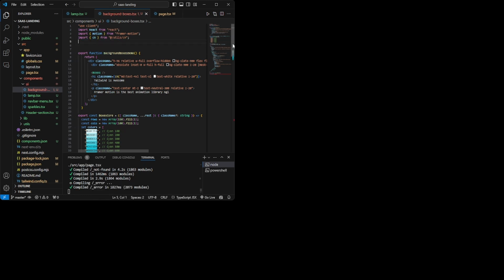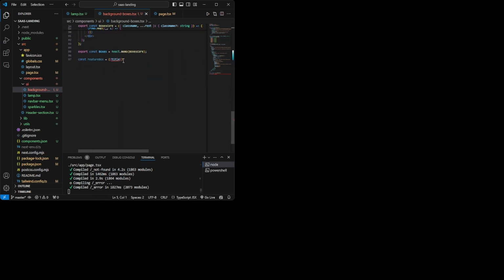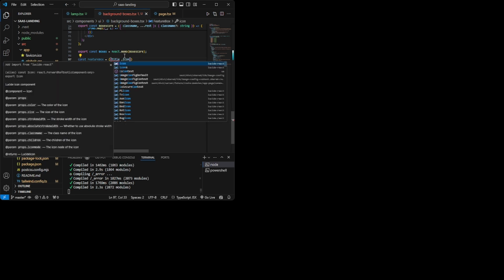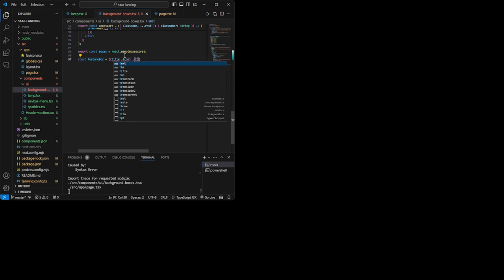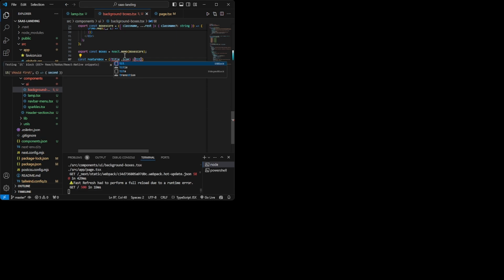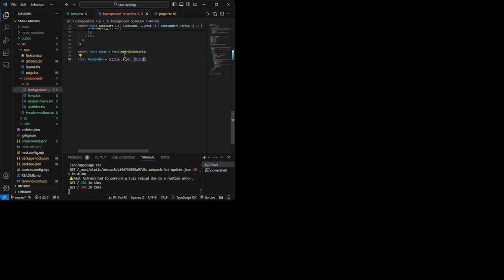I have to select everything from the dialogues given. So I want to use the title, then icon. This is a TSX file, right? So I'm going to give the title and the type of variable we're using.